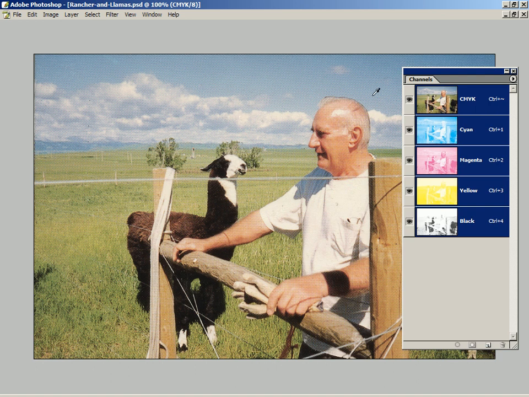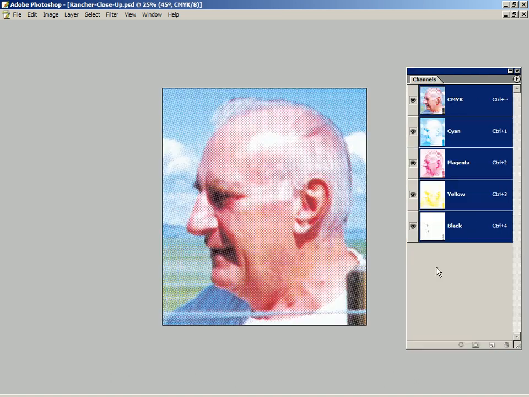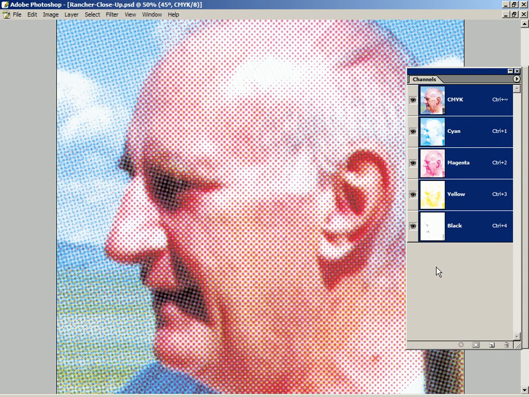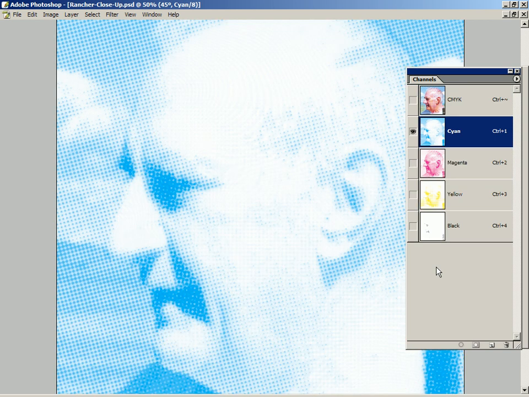Let's take a much closer look at the rancher's face. This is a highly magnified section of our photograph showing only the rancher's face. We can easily see the screened pattern at this magnification. Let's move in even closer. We'll examine the cyan channel. As expected, there is very little ink contribution in the flesh tones, and the size and density of the halftone